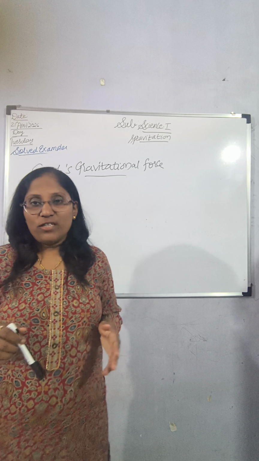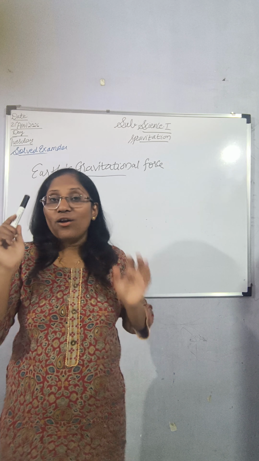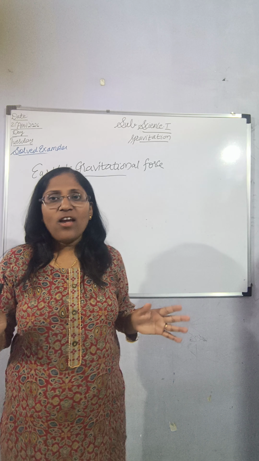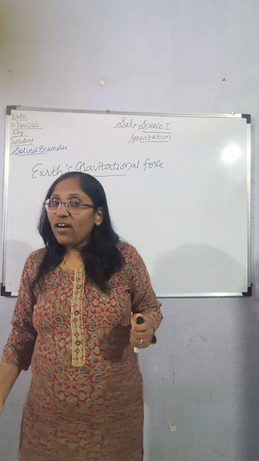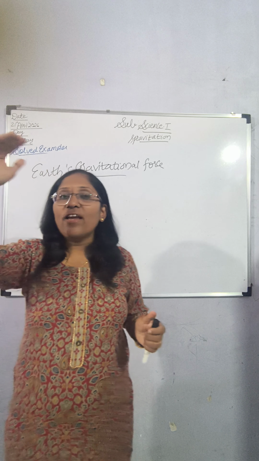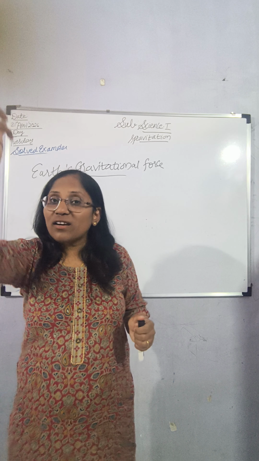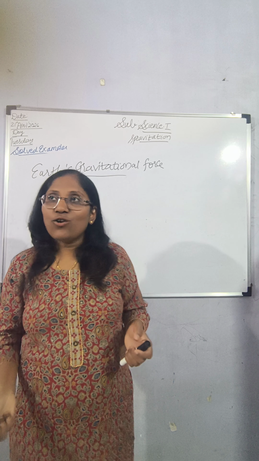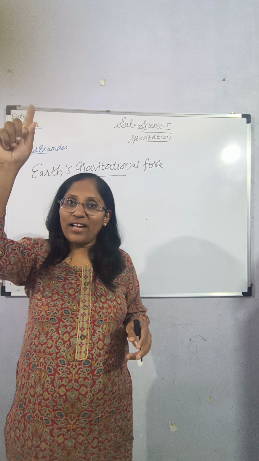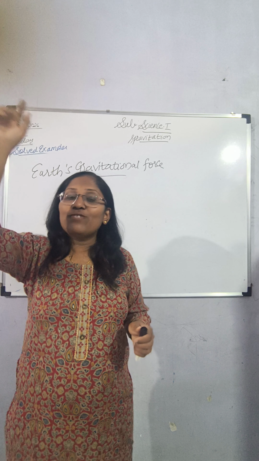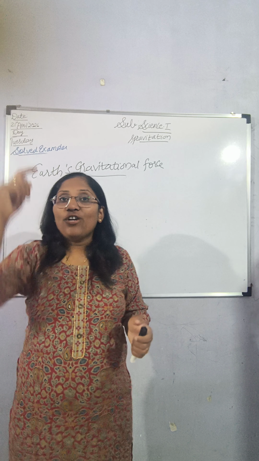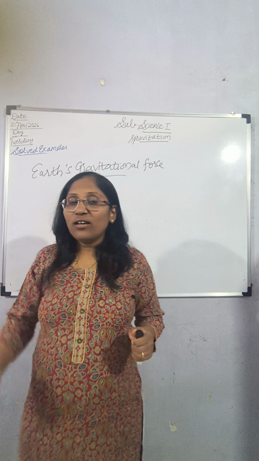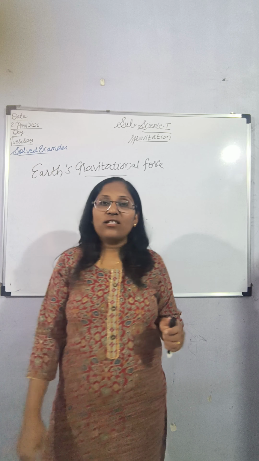Will the velocity of a stone thrown vertically upwards remain constant, or will it change? As it is going against the gravitation, it will keep moving up for some time. When that velocity becomes zero, the stone comes under the influence of the gravitation force. If we throw a stone upward, it goes up with the force we throw it with. Once its velocity is finished, due to the influence of the gravitation force, it will be moving down towards the earth.